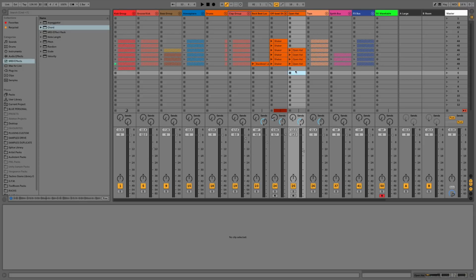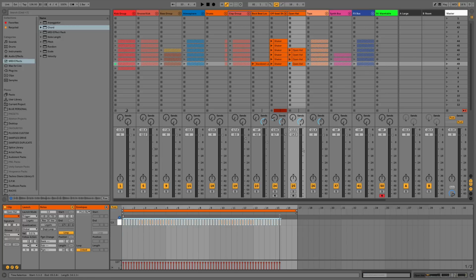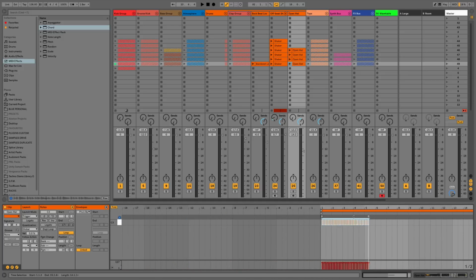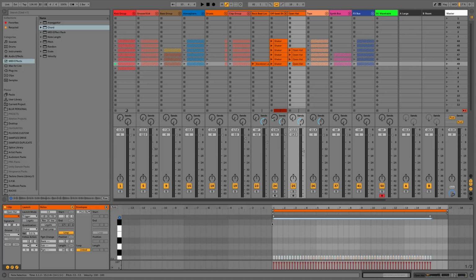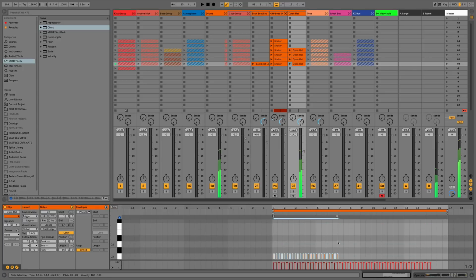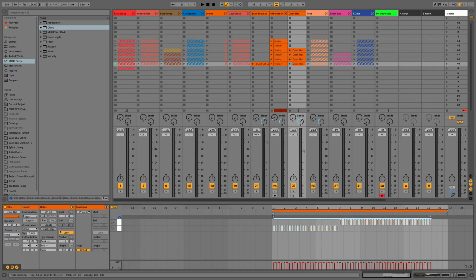So now looking at MIDI capabilities, I'd say Ableton's pretty good for the power it has with MIDI. So what we can do is we can actually time stretch or warp the MIDI. We can take it in the other direction as well. It won't be so obvious to see unless I unfold and move some of these notes, but I'll just do that quickly. What we can also do is if I select these, we can invert the notes, we can reverse them, we can make them legato, which is to lengthen them, and we can also add groove to them as well, quantize.